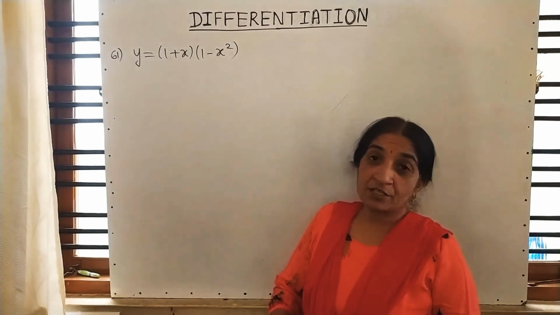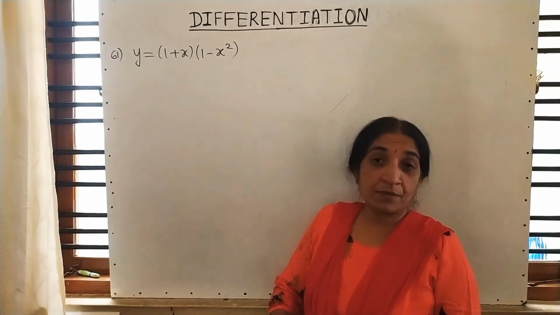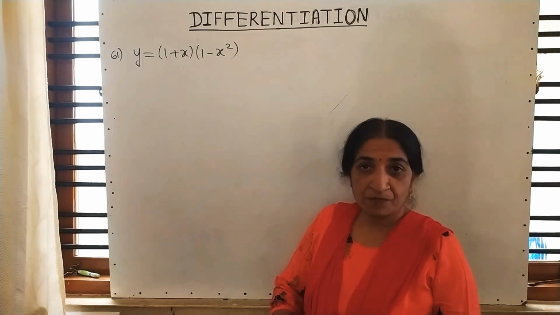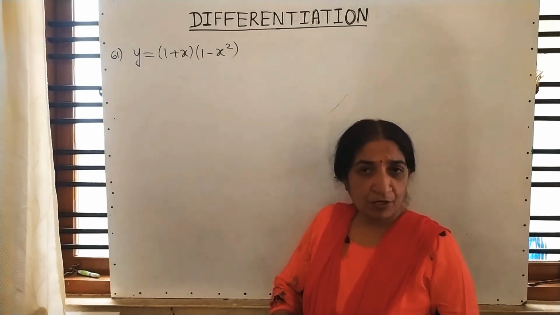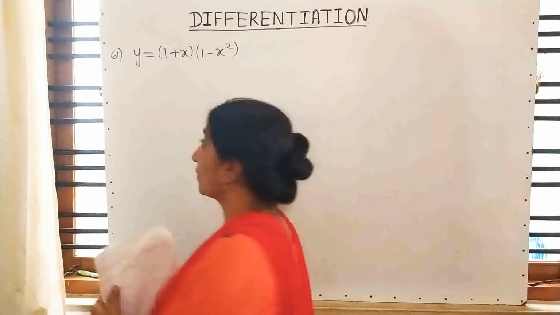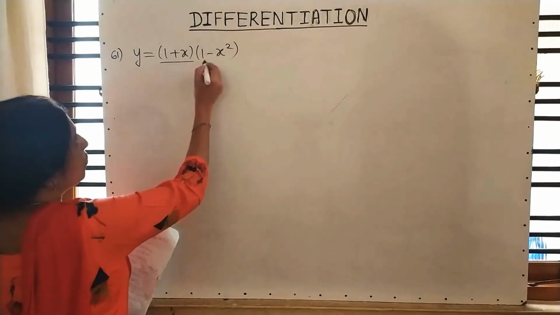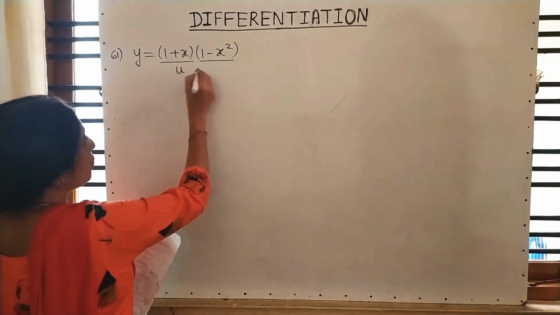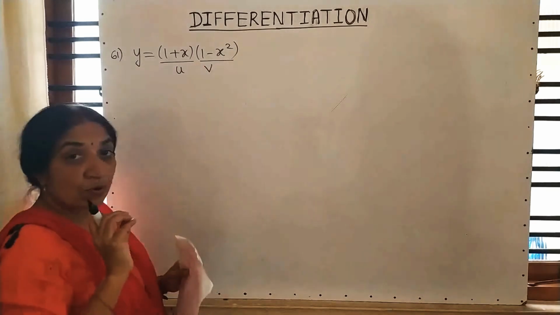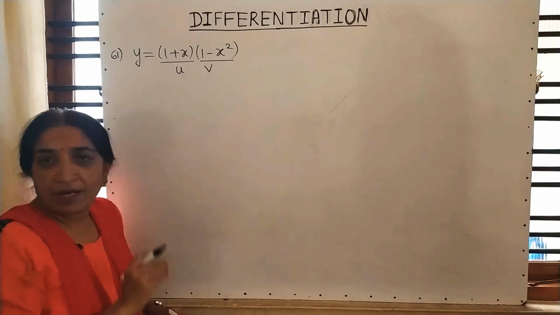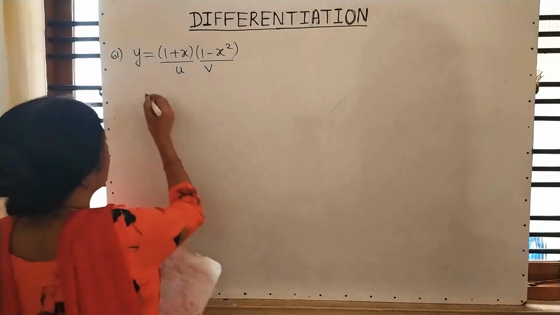So in the last two classes I explained so many basic examples on differentiation. How are you feeling? Is it very simple or what? Continue with the next question number 61. See here, y is equal to, this is u and this is v. As I told you, if you are able to write which formula is applicable, half of the problems are solved there only.